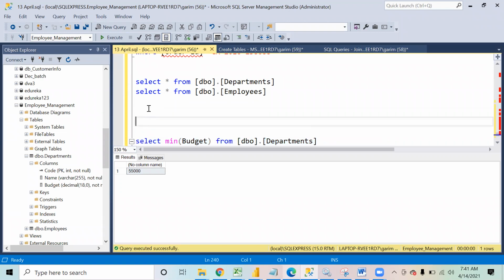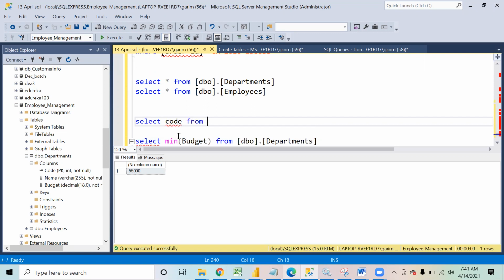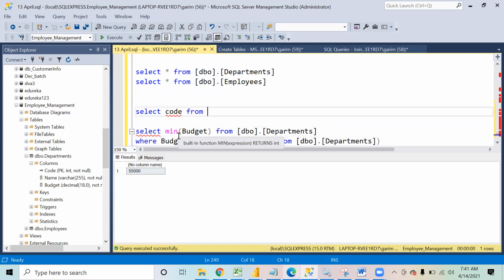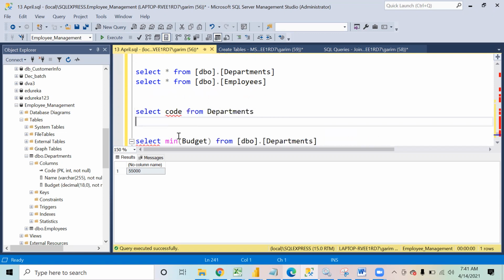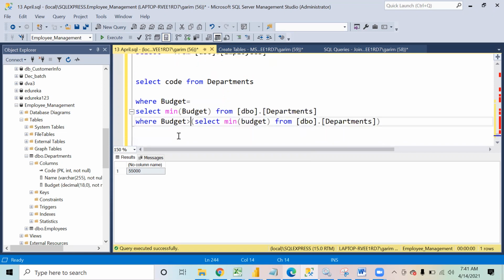Now what I can do is select code from department where budget is equal to this.